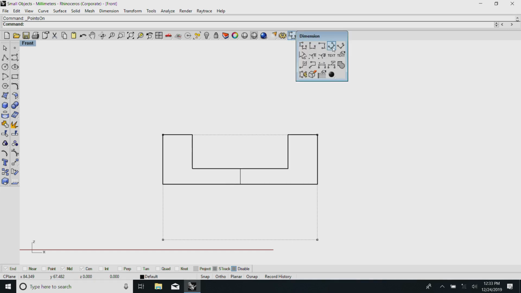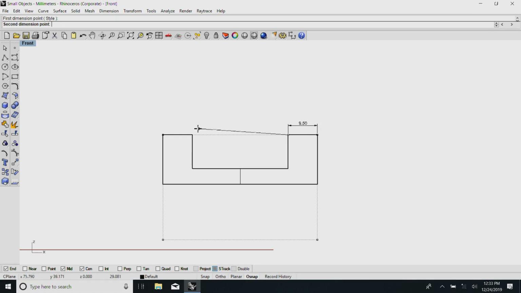If you remember, I had dimensions, and this showed me 9.5, this showed me 31, this showed me 9.5.